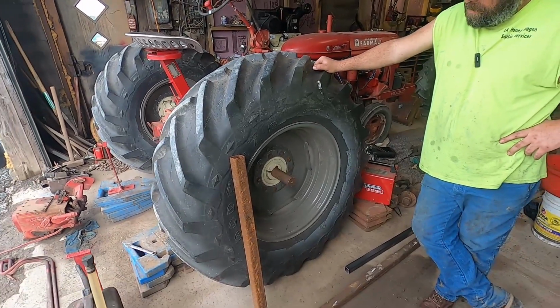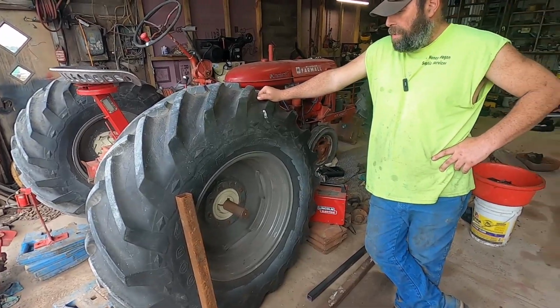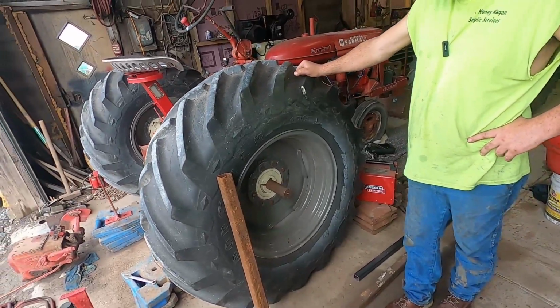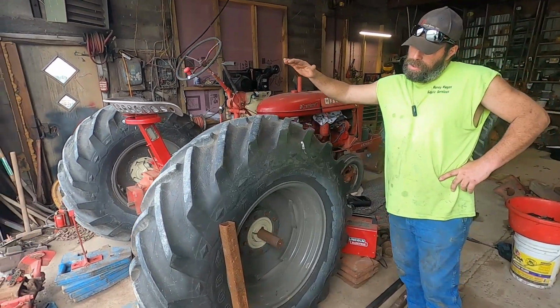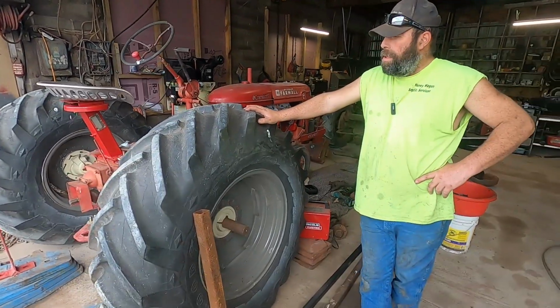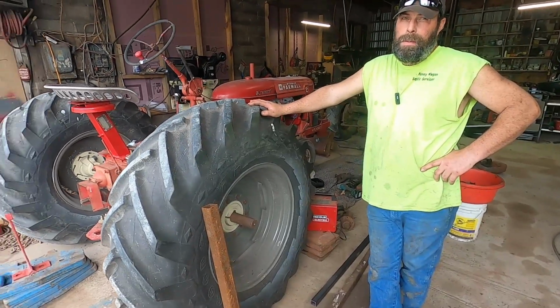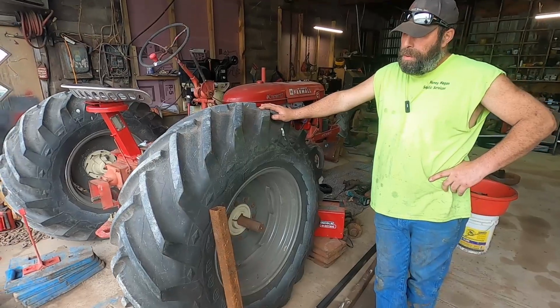So we have $100 in the hubs, $100 in the step keys, and $80 in the tires and rims, and a couple bucks in paint. But just by switching to these tires, we got a lot wider stance. They're actually a touch shorter, so that will gain us a little bit of power. We'll lose a little speed, but we'll gain power. But most of the time we're in first gear pulling anyway, so it may actually do us better because maybe